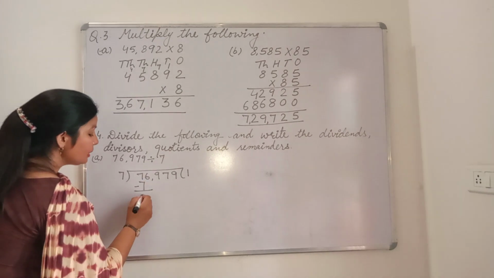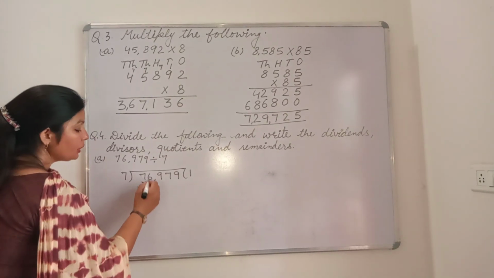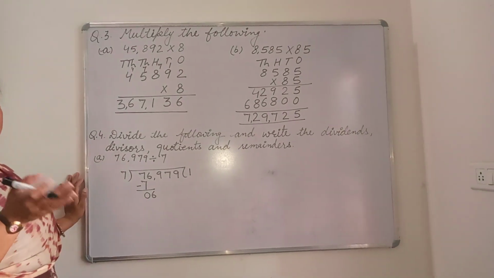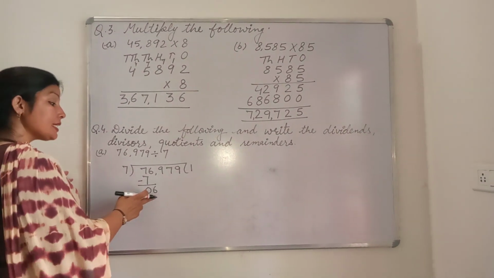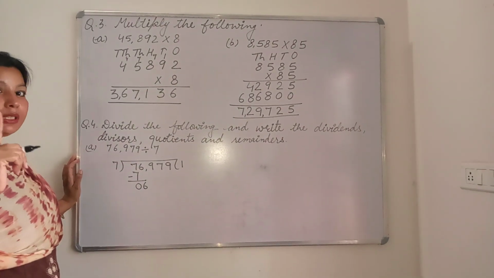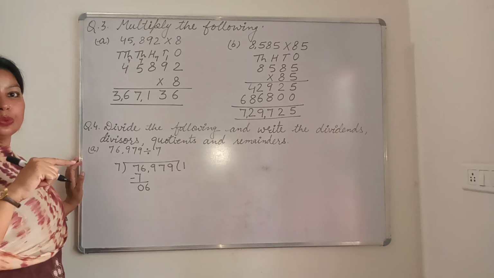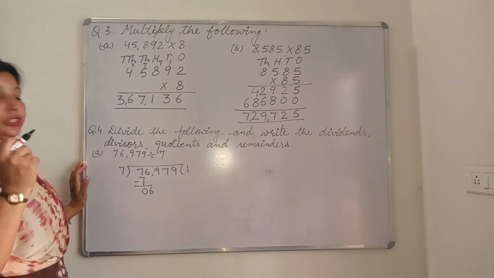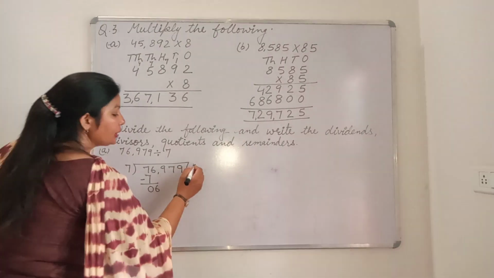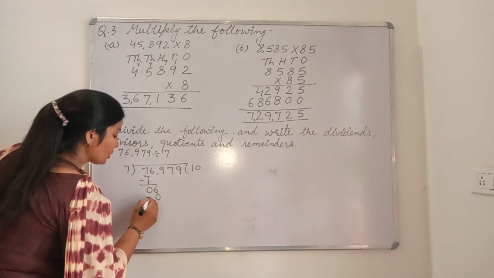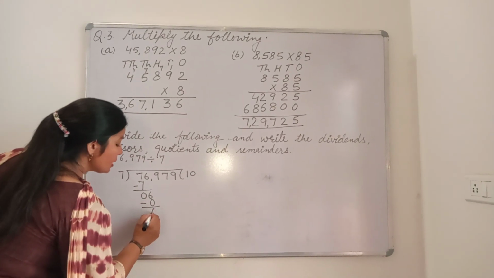Now 7 minus 7 is 0. Now we note down the next digit, which is 6. Now we should recite the table of 7. 7 ones are 7. But here is 6. So on the one number we have a bigger number. So when we have a bigger number on the one number, we will go to 0. So now we should recite on the 0. So 7 zeros are 0. So we will take here the 0. 7 zeros are 0. Now 6 minus 0 is 6.